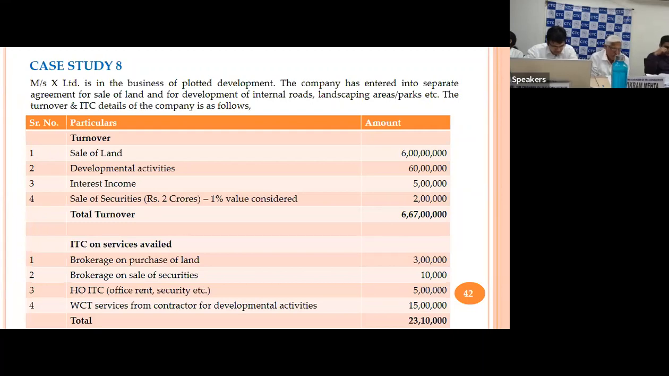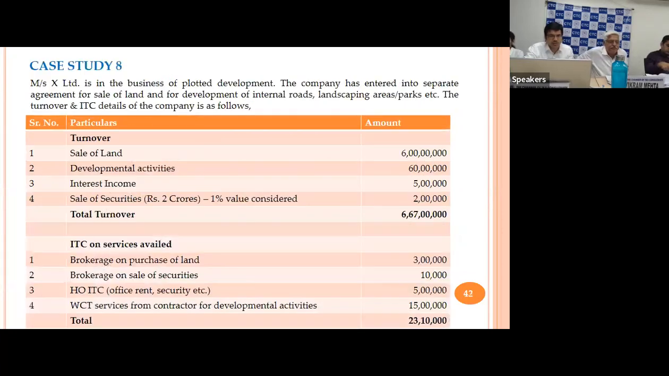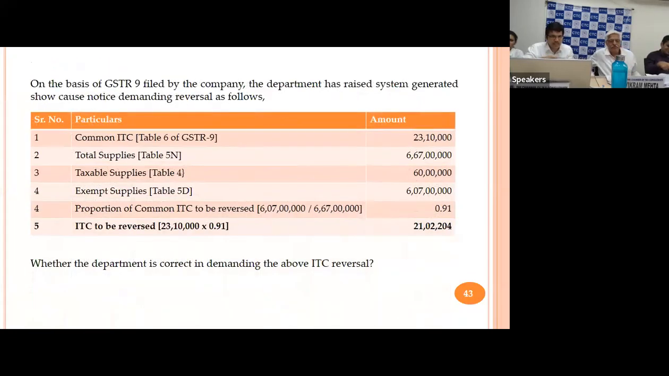The ITC availed is as follows: brokerage on purchase of land 3 lakhs, brokerage on sale of securities 10,000, head office ITC 5 lakhs, works contract services ITC for development activities 15 lakhs, total 23 lakhs 10,000. Now, on the basis of the GSTR-9 filed by the company, see, this is the GSTR-9 filed by the company on the basis of turnover shown over here. Okay. Now, on this basis,